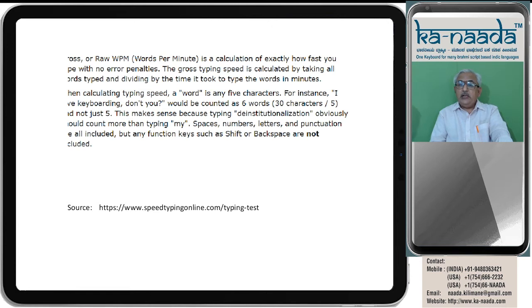Spaces, numbers, letters, and punctuation are all to be counted, but any function keys such as shift or backspace are not included.